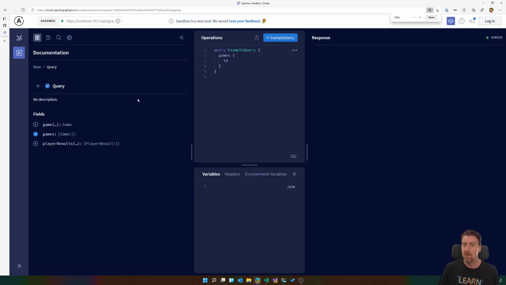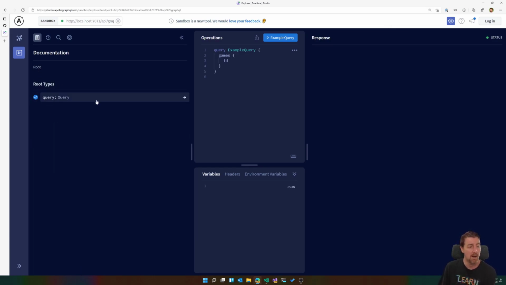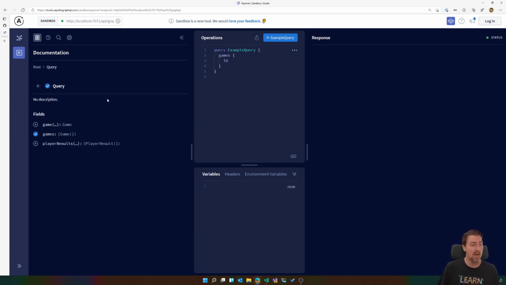I just realized I should zoom in just a touch more. Okay, there we go. Now we can see from our root, we have a single type that you can explore through, which is query. Player and game and stuff like that aren't available as just explorable types. But if we go into here, we'll see that we have